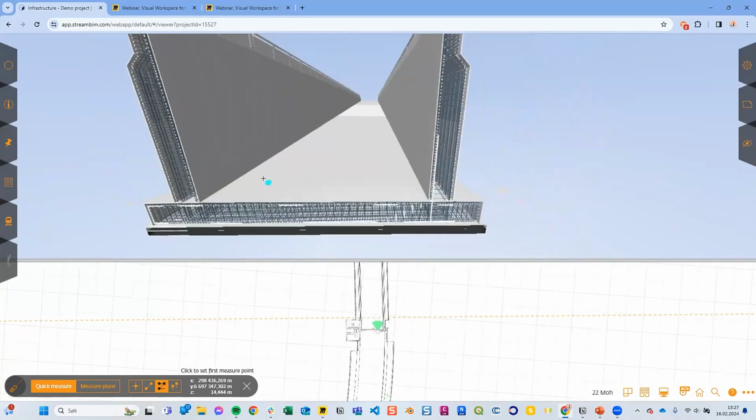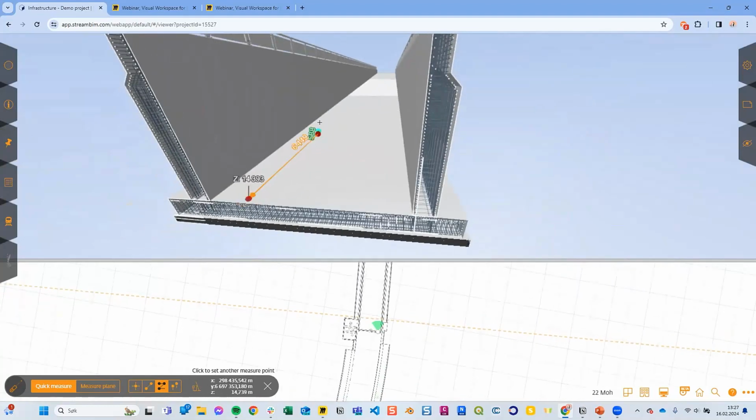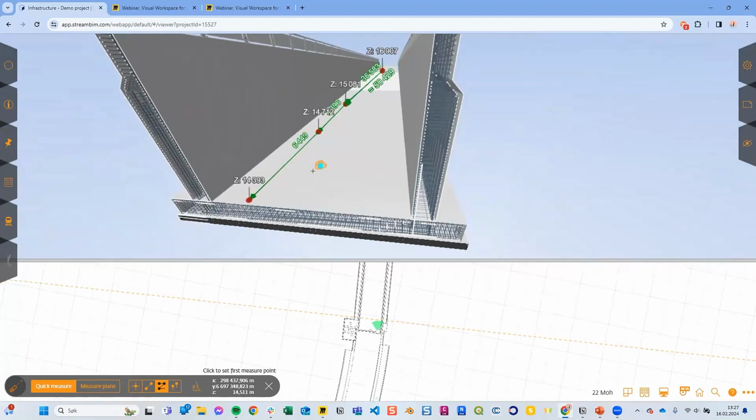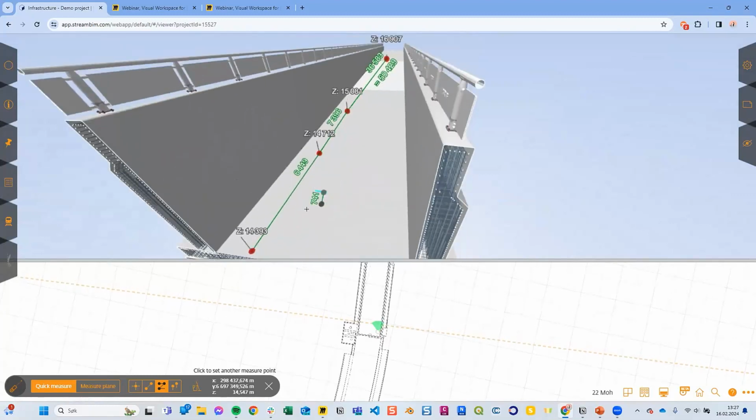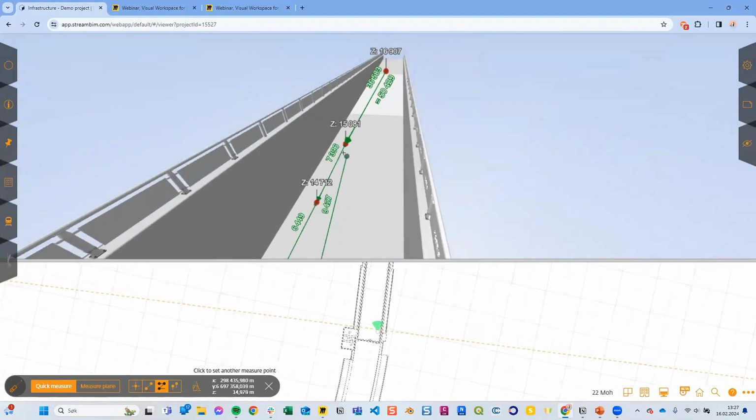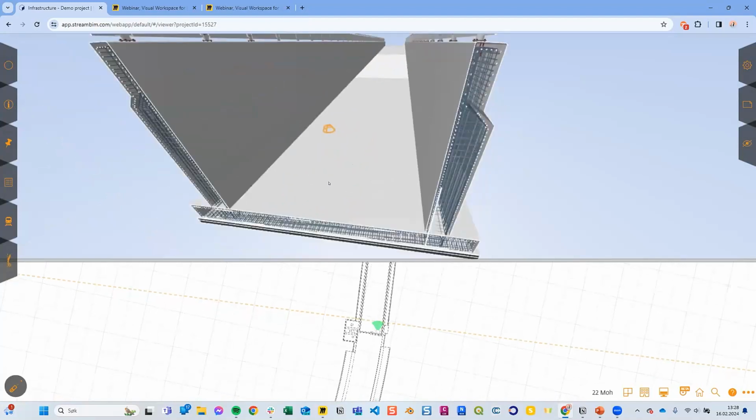Yeah, and also that chain measurement you can do like this. There's loads of possibilities here. So this one will give you the length and also the height above sea level, and also at the end here it will give you the total value of that length. So it will just add all these together and give you the total sum here. So the measuring tool is quite good.